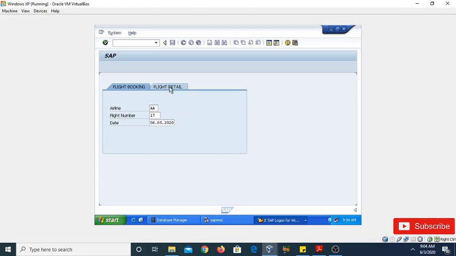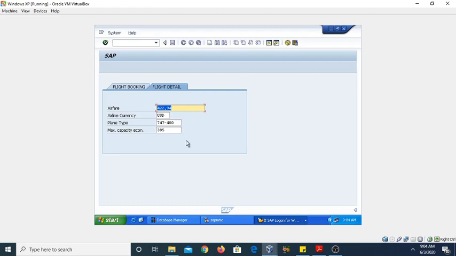On the basis of the airline, flight number and date selected, it is displaying other details like airfare, airline currency, plane type and maximum capacity economy class. So this was all about the tab strip control.